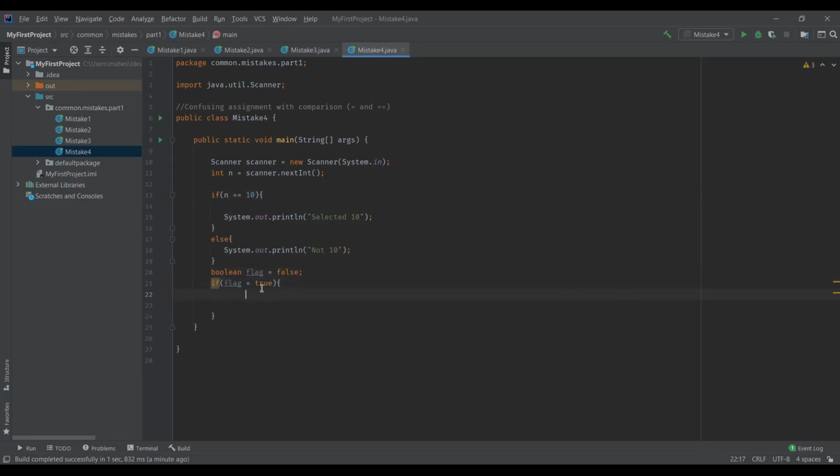So you might be thinking that you are comparing this flag with true, but that is not correct. Again, how to compare this? You need to use the double equals symbol, which is meant for the comparison operator. So always remember, whenever you are comparing two values, you should use the comparison operator double equals, and whenever you want to assign some value to your variable, we use one equal symbol.